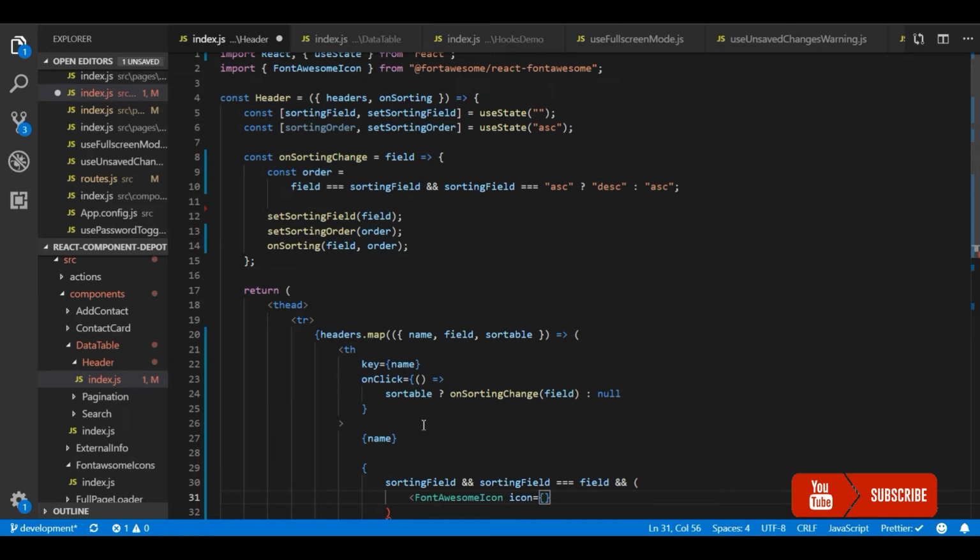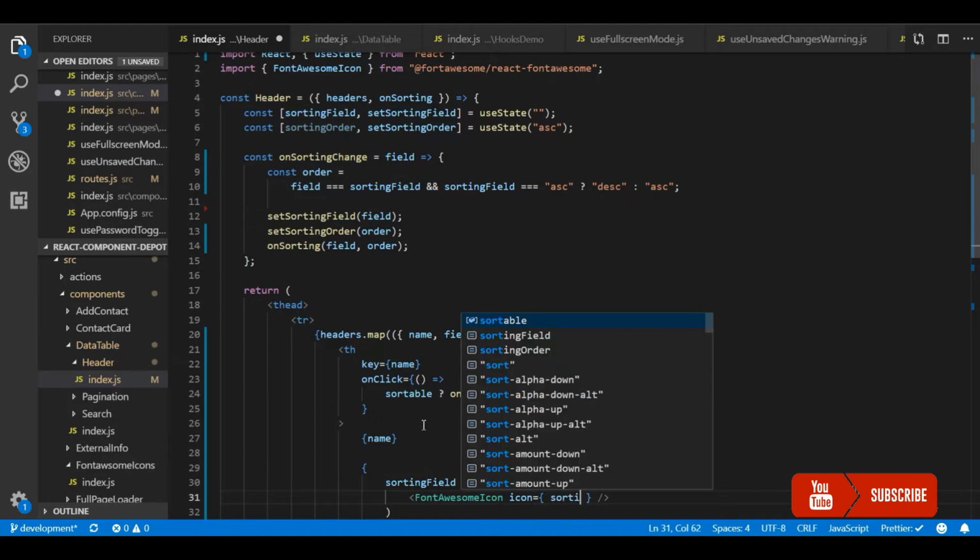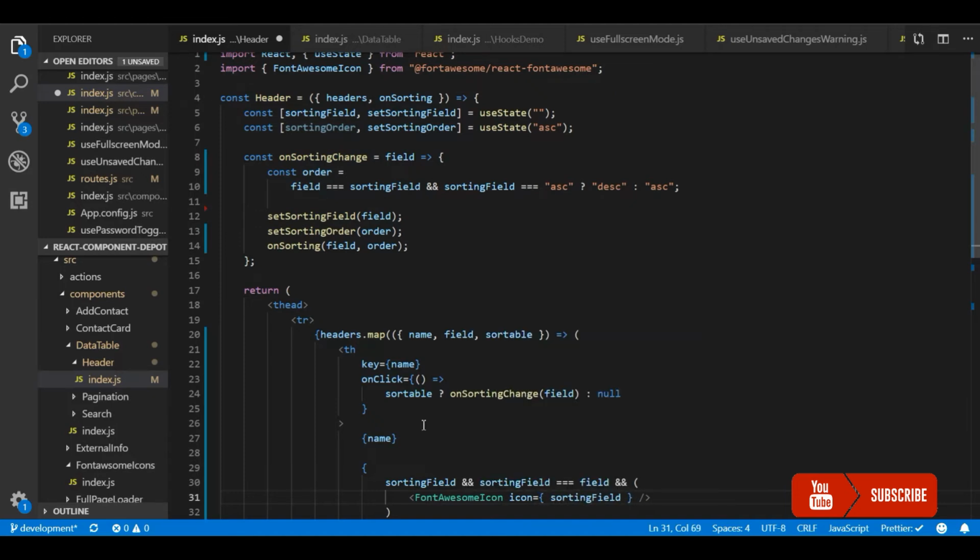So this icon will be dynamically decided based on the sorting order. If the sorting order is ascending, we will render the down arrow icon.